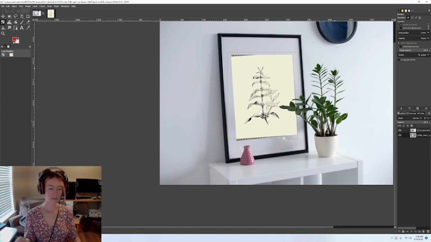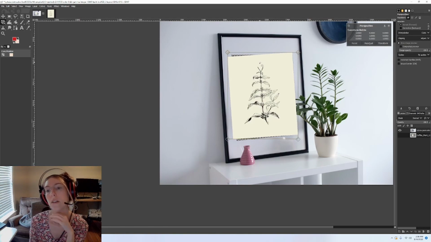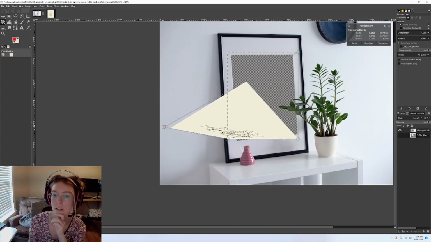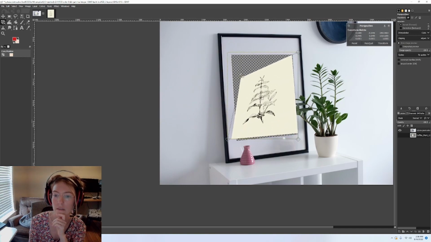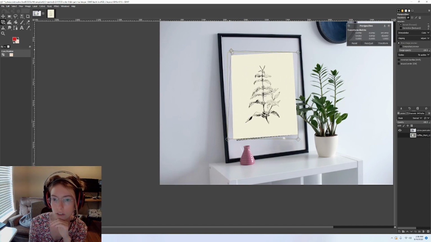So we're going to open the perspective tool, which I believe is Shift P. You'll have 4 corners to play with, and you just click and drag and play with them, right? See, look how much you can change the perspective. You can make it tilt way back. So you're just going to drag these around